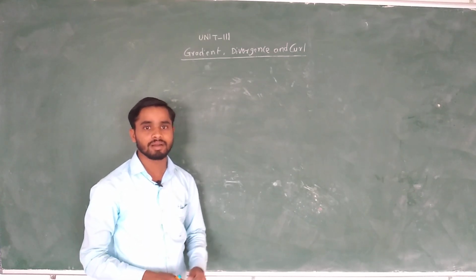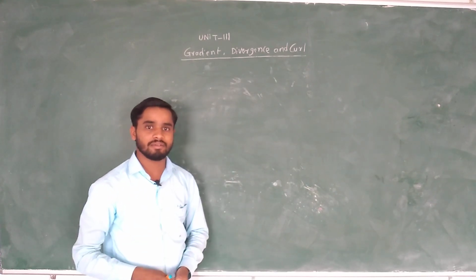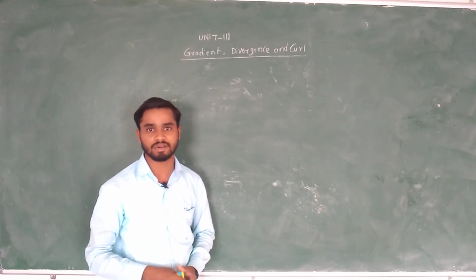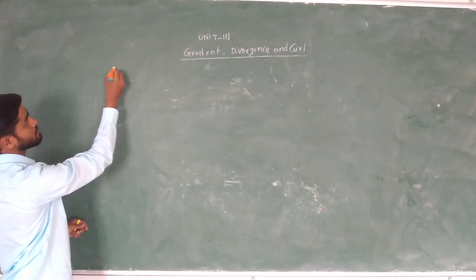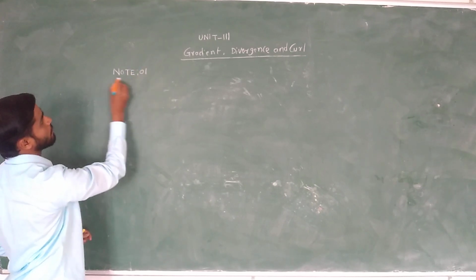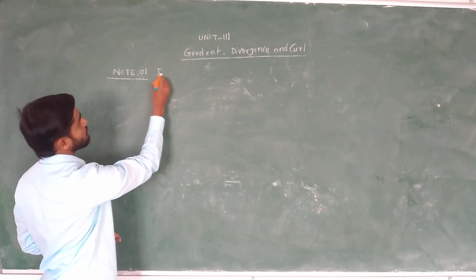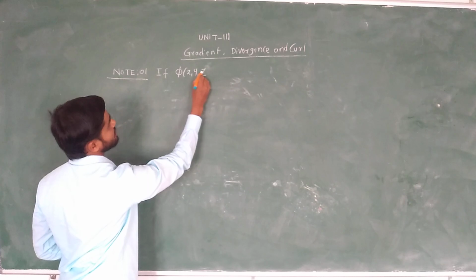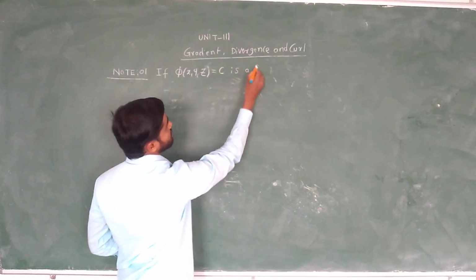So before looking into this unit number 3, we will learn a few notice points and then we will solve problems of unit number 3. Right, quickly we will see notice number 1. So that notice number 1 is this one: if phi of x comma y comma z is equal to constant is a scalar field,